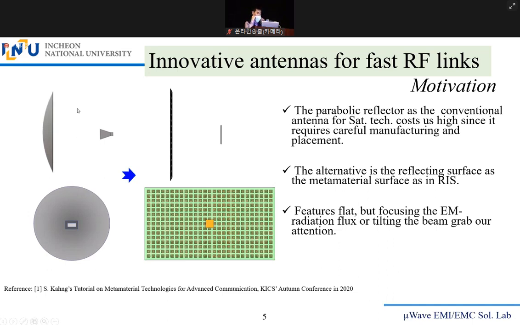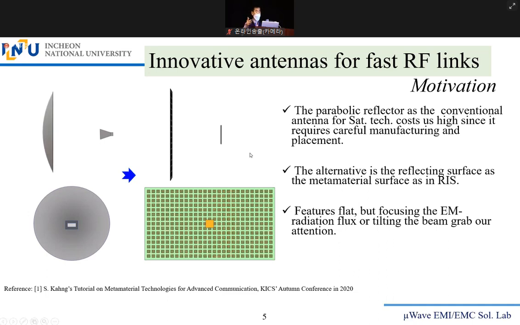What about changing the curved structure to a planar structure? A planar structure, it is not the curved structure. So the functions we can expect will be different. No, we should give or impose the same functionality to this planar structure. But how can the resultant function of the planar structure be the same as the curved structure? That's what the magic, the metal surfaces can do.